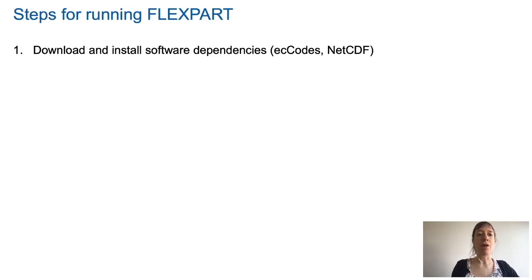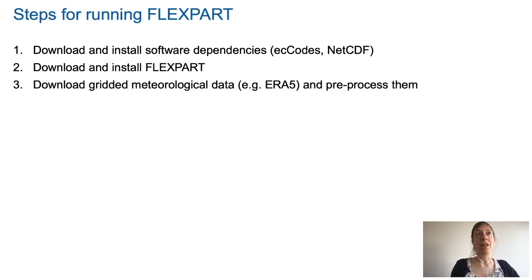First, you need to download and install the necessary libraries like EC codes or NetCDF. Then of course you have to download and install FLEXPART itself. Next, you need the meteorological input data because FLEXPART relies on this data to calculate the transport of its computational particles. So these data can be, for example, ERA5, and you have to pre-process them so that FLEXPART can read